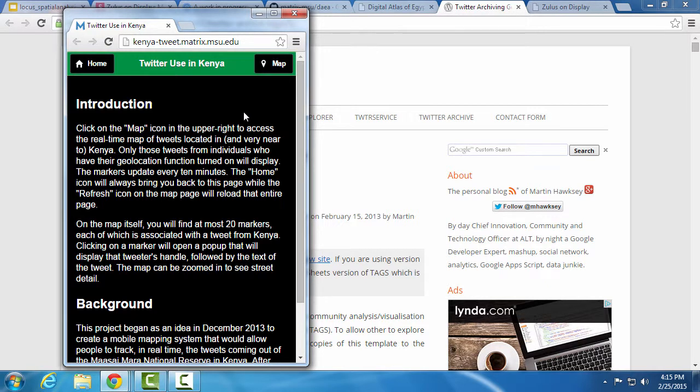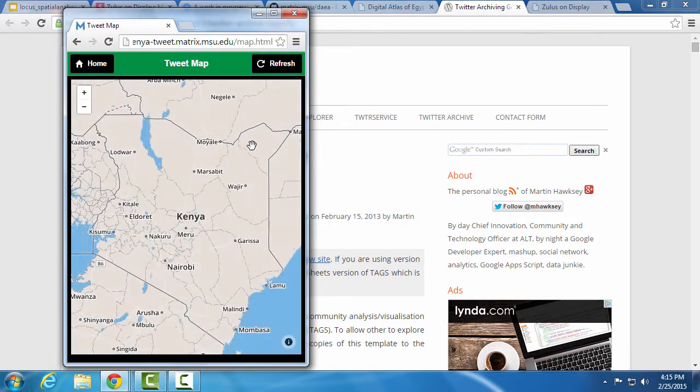which quickly fell apart when I realized that nobody was tweeting in the Masai Mara. Despite there's actually fairly good cell coverage in quite a bit of it, but nobody's tweeting. So anyway, what ended up happening instead was I broadened it out to Kenya, and this map will take a while to probably load, but as you'll see in a minute, there will be pins that pop up. And then this is a fully scalable project using a framework called jQuery Mobile for the up top stuff,